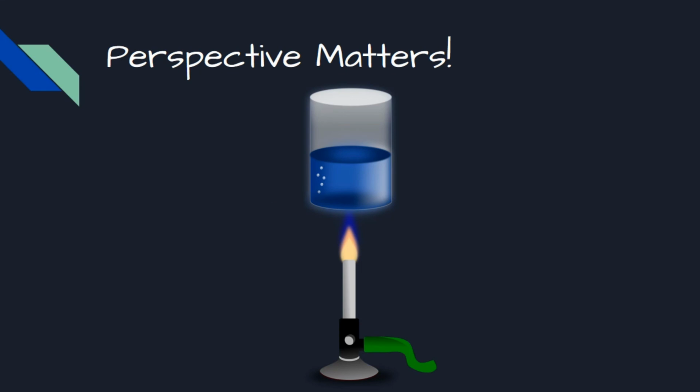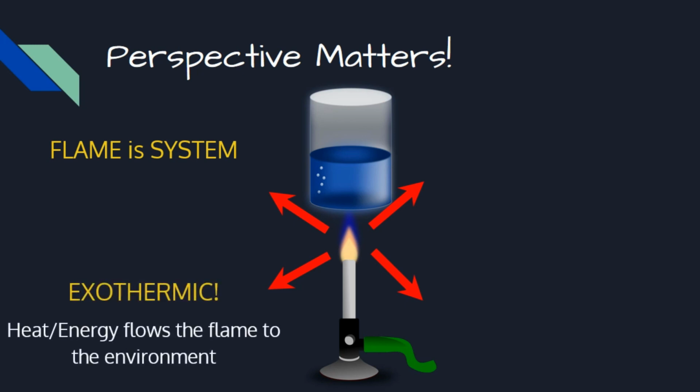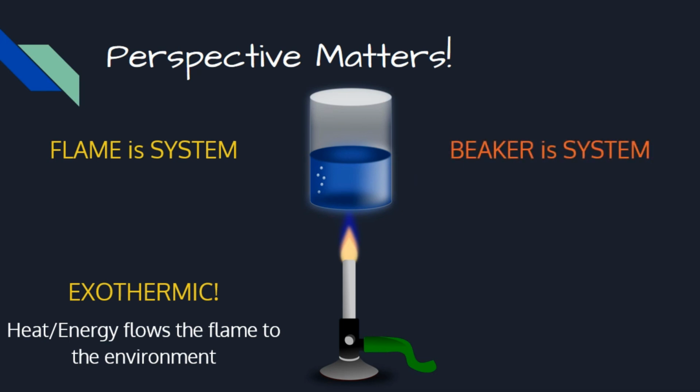Perspective matters. If my flame is my system, then the energy is flowing out, it's flowing away. So of course, this is going to be exothermic. Heat is flowing from the flame to the environment. But if I adjust my system, if I change my perspective, if I alter my focus, and I say, all right, now my beaker is my system,